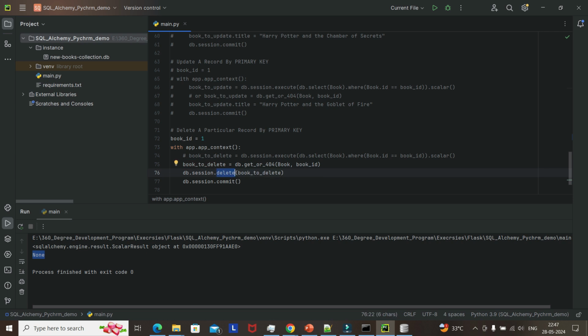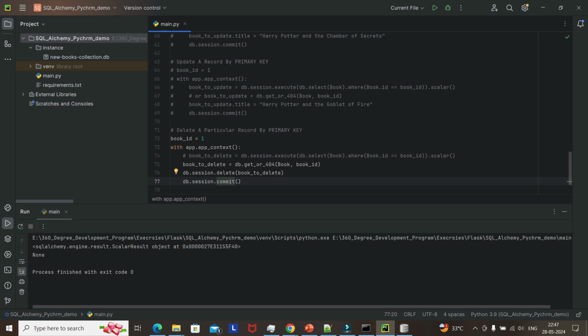For update there is no method we call; we just get hold of whichever column we need to update using dot notation. Here we call delete on that book and then commit it. Now if I run this again,